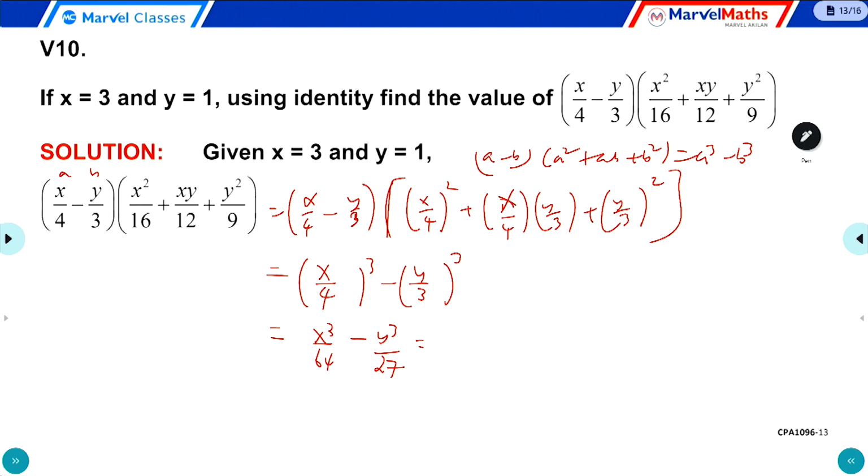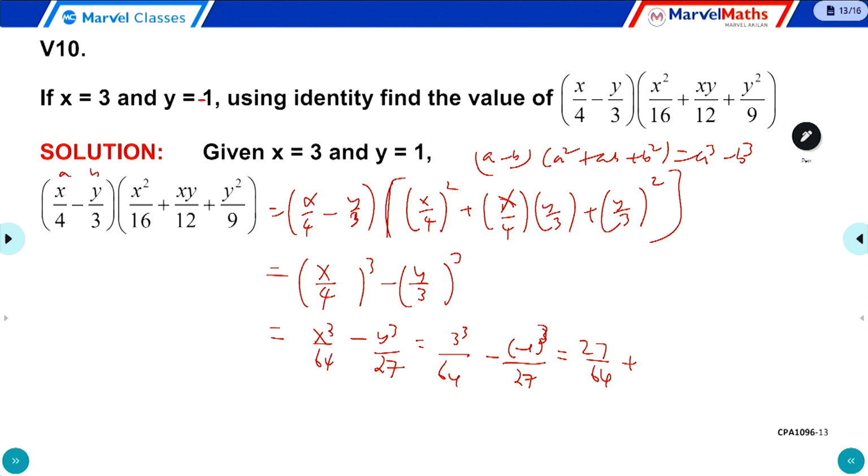What is the given value? x equal to 3 and y equal to minus 1. I forgot this: y equal to minus 1. So this is equal to 3³/64 - (-1)³/27, which is equal to 27/64